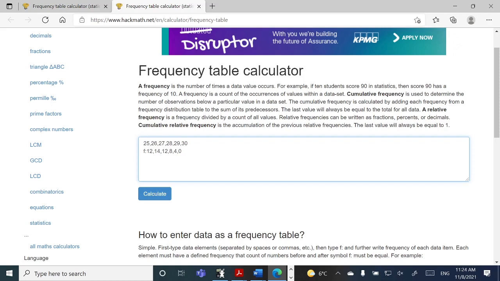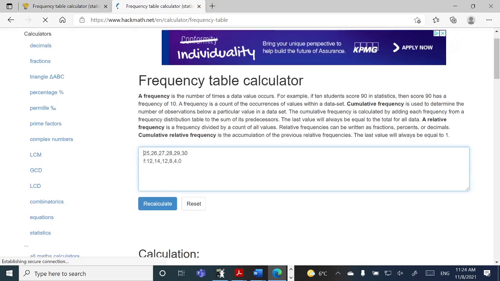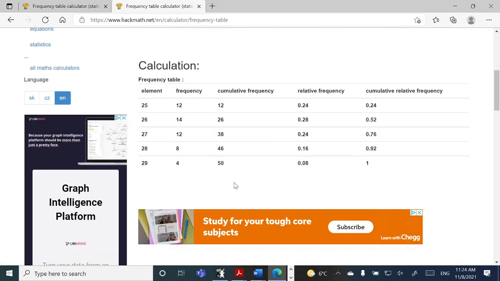So the calculator knows that's what I entered. Each of these numbers corresponds to a data point. So 25 happens 12 times, 26 happens 14 times, 27 happens 12 times, 28 happens 8 times, 29 happens 4 times, 30 happens 0 times. And then I hit calculate. And boom,